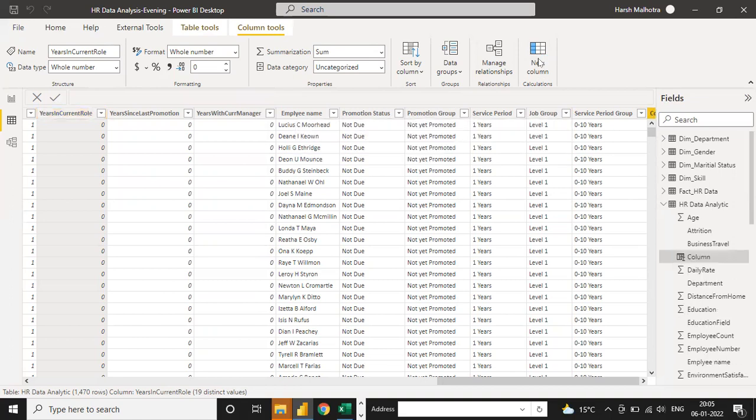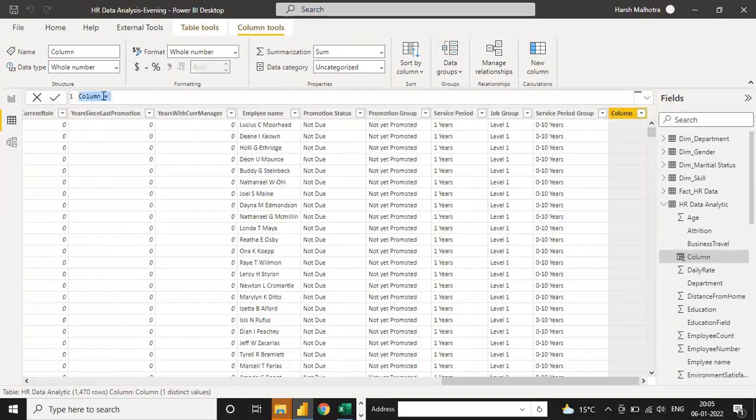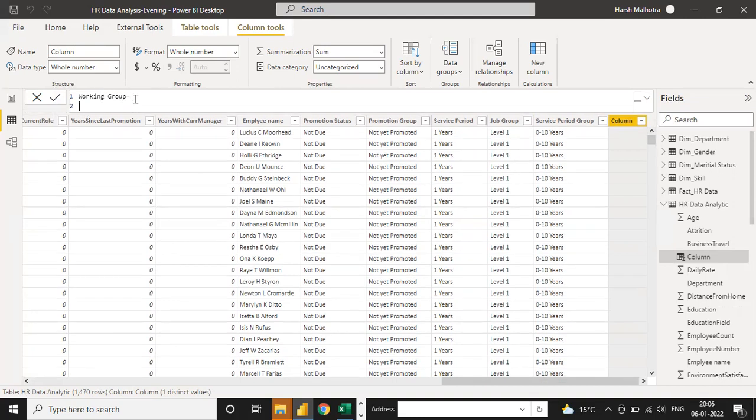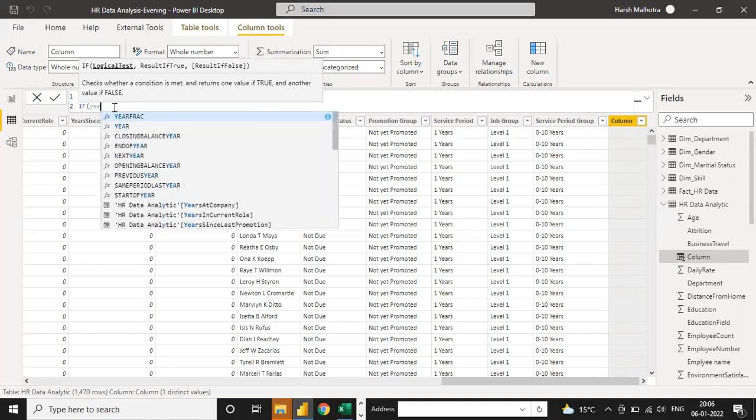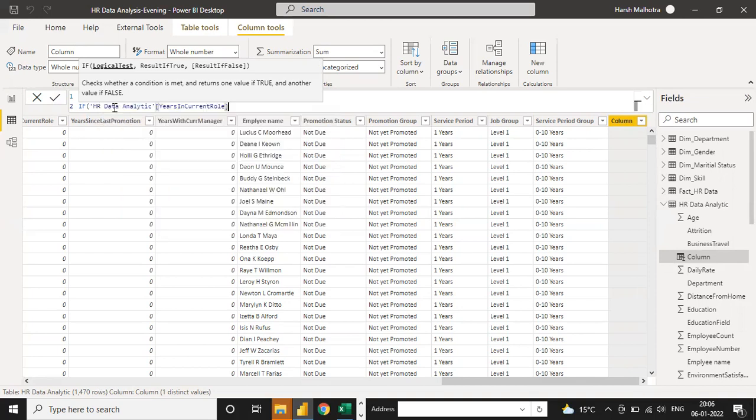It is completely dynamic, so you can change any condition at any time, but how to use this is very simple: it is an if condition. Here, working group. I'm writing an if directly with logical text on year in current role. You can decide what condition to write, 10 or 15.